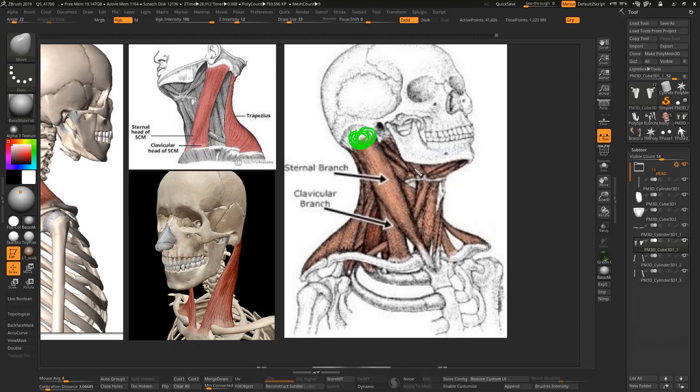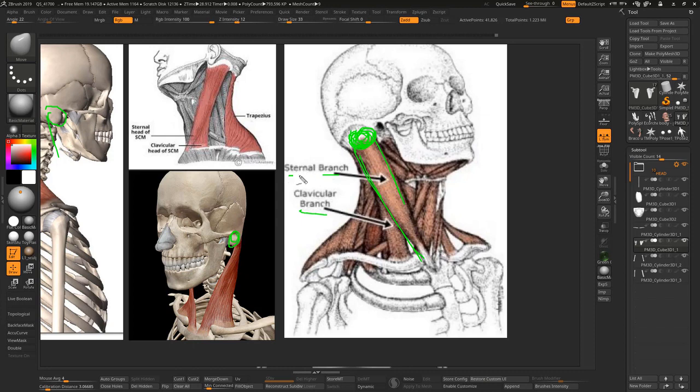You can even feel the mastoid process if you touch the back of your ear with your finger. It's this prominence, this protuberance, and from this place we're gonna have this great muscle which has two great branches,